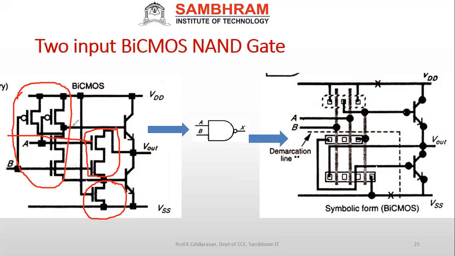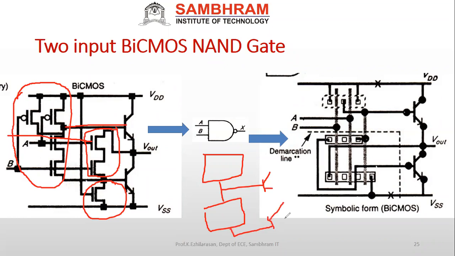Then this CMOS circuit's output drives one BJT transistor. Next, the second thing is what? That is your PMOS, and this will be your NMOS. So the PMOS output will be taken from here, and this drives the first BJT circuit. Then this NMOS drives the second BJT. That is what we have drawn here. See this? Now you have to draw as per this. Then based on that we draw the stick diagram.